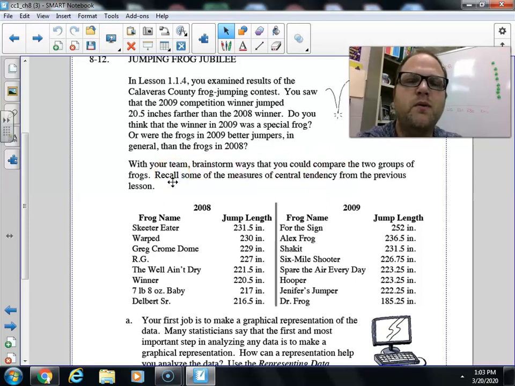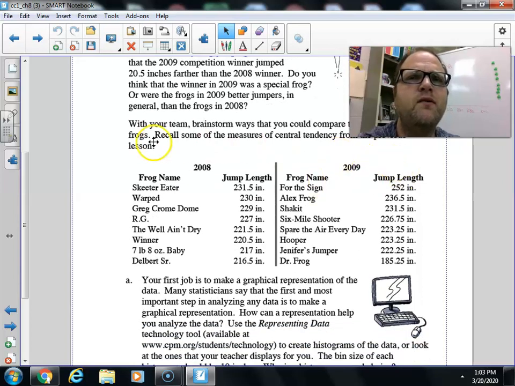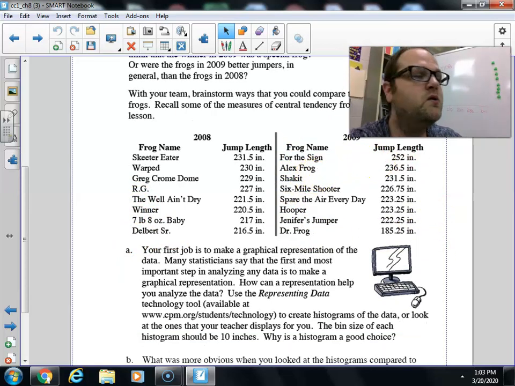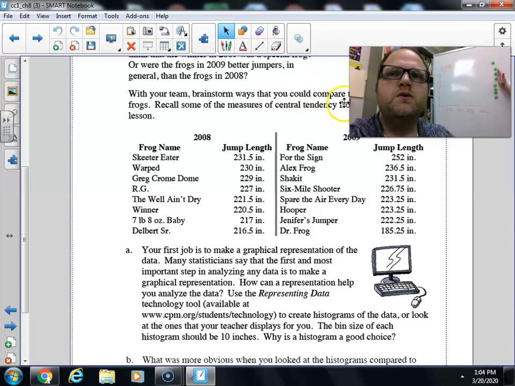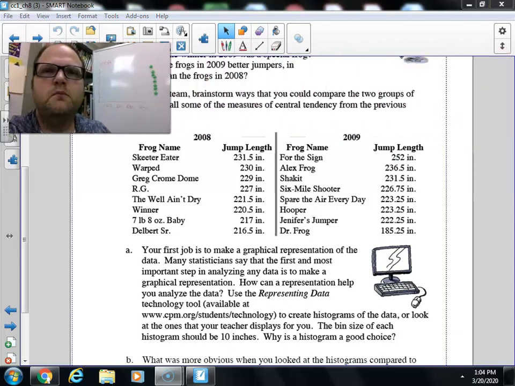So what did we talk about? We talked about range, median, and mean. So here we have our data, and if we look at 2008, let's count together how many sets of data we have. 1, 2, 3, 4, 5, 6, 7, 8. And in 2009, we have 1, 2, 3, 4, 5, 6, 7, 8. So could we find the range? Could we find the mean? And could we find the median? Sure. So in question A,